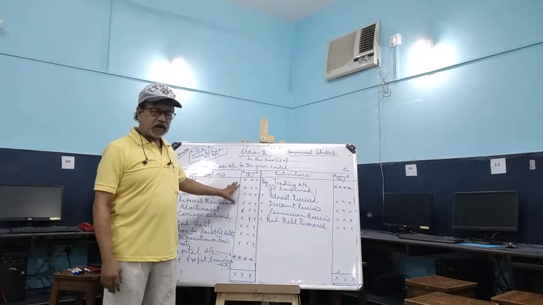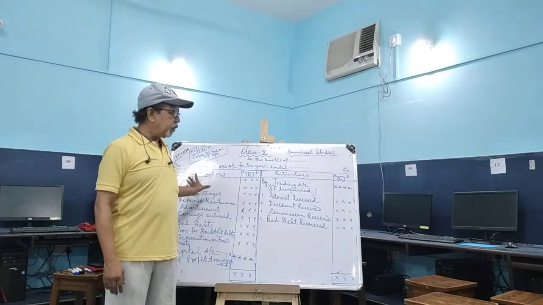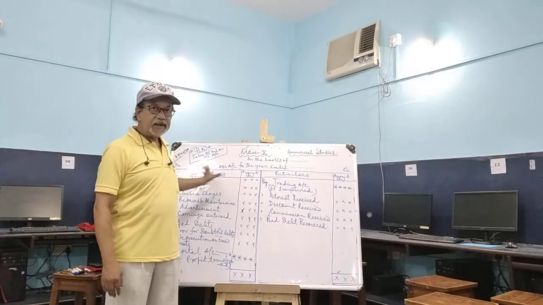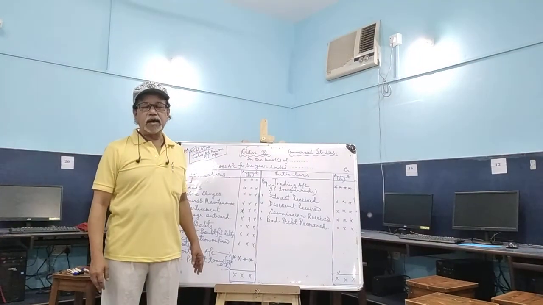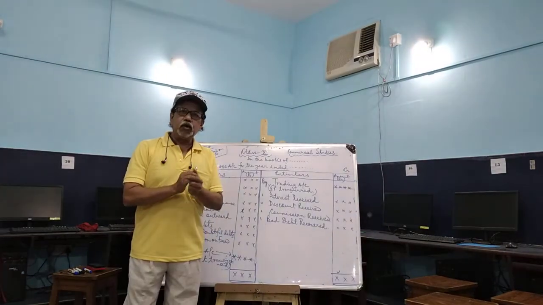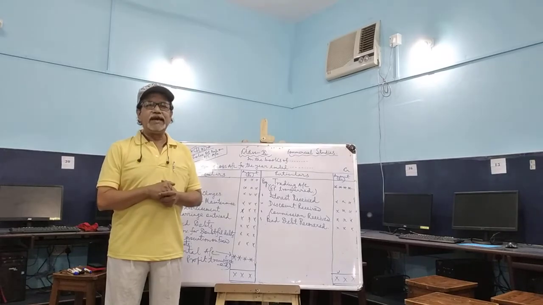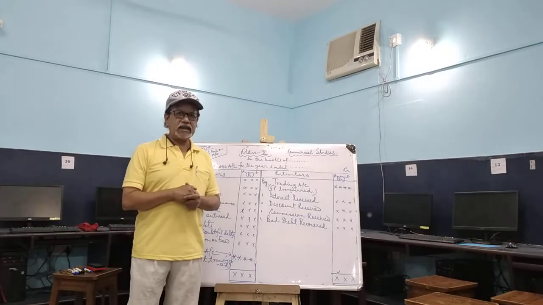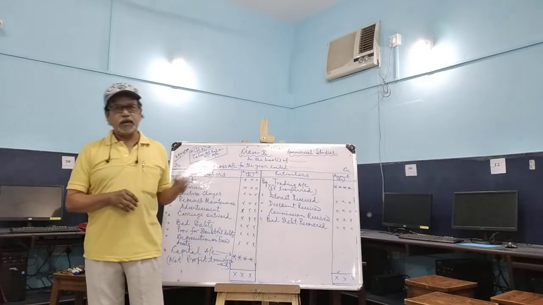These two, trading account and PL account, are accounts. So we have to maintain them under debit and credit this way. But as balance sheet is not an account, it is a financial statement, no debit, credit is used there. Only the liabilities and assets are to be recorded there. That's all about this class up to today. Okay, solve one problem now.